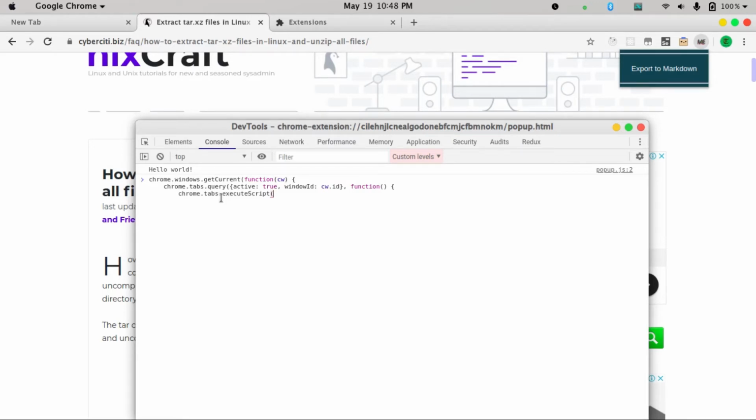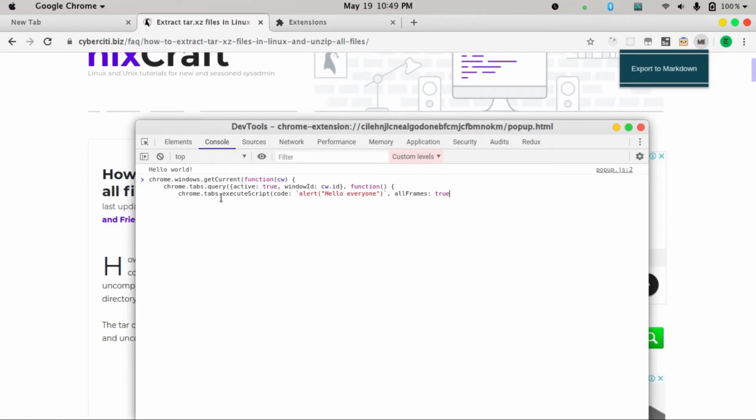First one is code and second one is file. So for this demonstration I'm going to use code, this one, and use the backtick, and here I'm going to use alert hello everyone. Okay, close this backtick, and before that I need to make another thing, that is allFrames is equal to true,